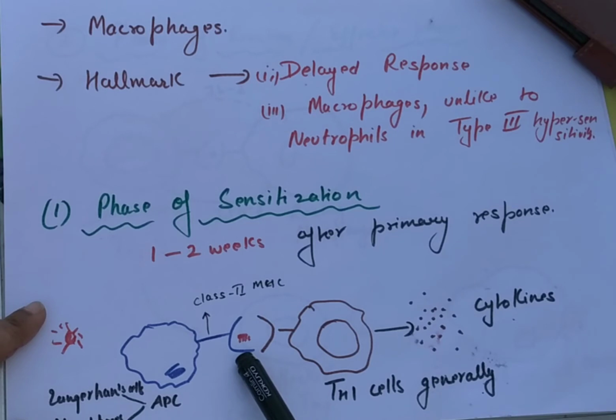If it is class second, then Th will come. If it is class first, then TC will come. Since I said that generally Th cells are involved, and in very few cases we have seen TC cells involved, we have picked the example of Th cells. So if a Th cell is coming, then definitely this will be a class second MHC molecule, and they react with the APC. Earlier they were naive cells, now they are sensitized. They have had their first exposure to the antigen, and this phase is called the sensitization phase.